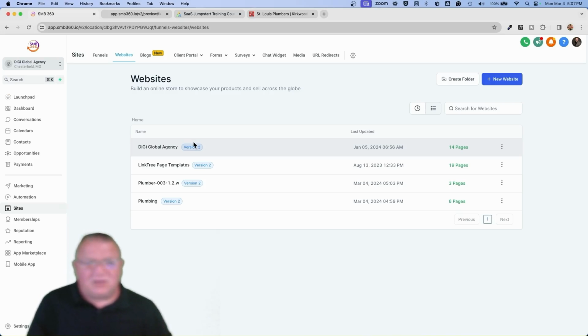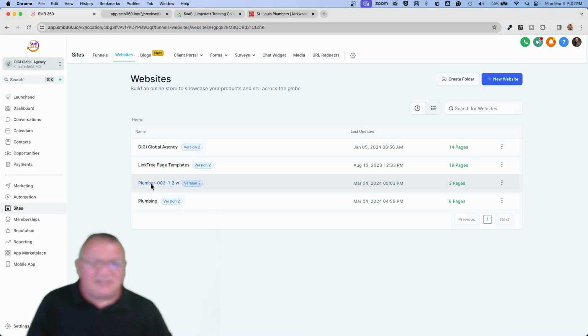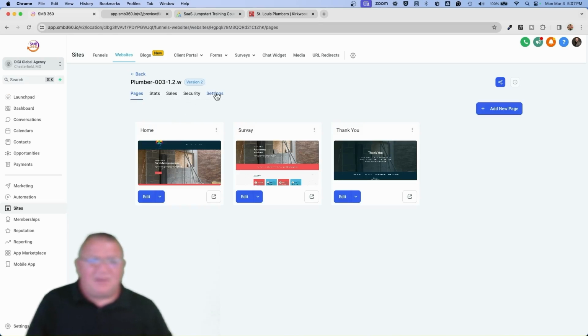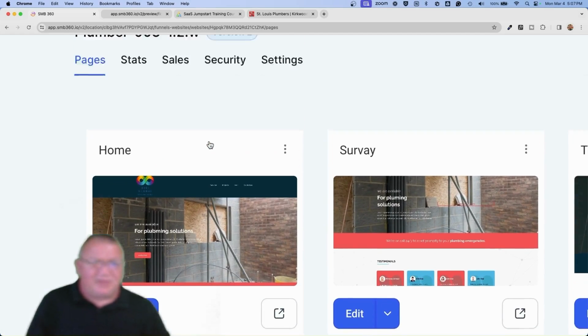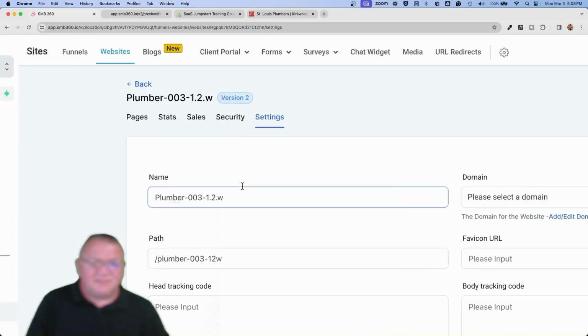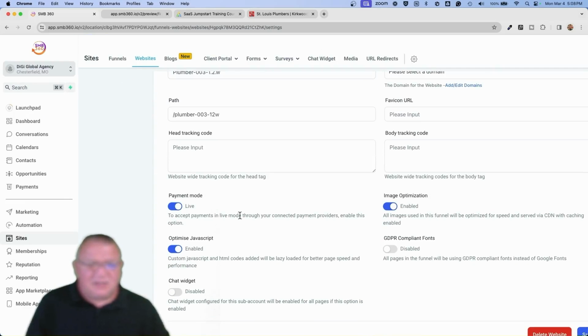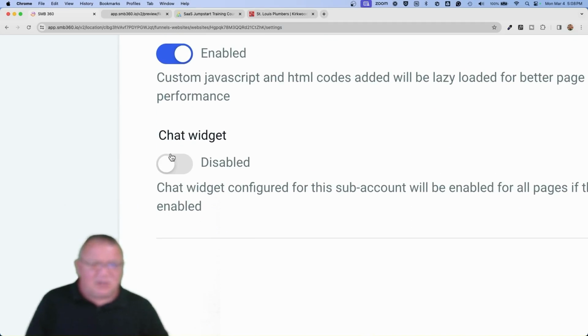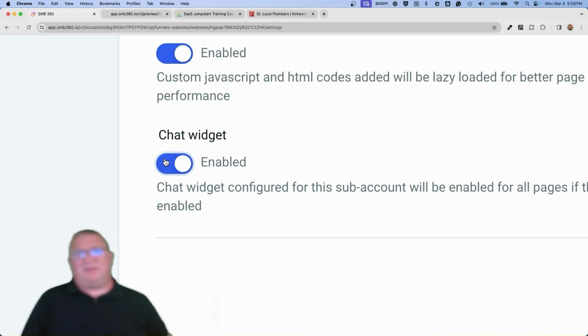So hopefully that works. And if you sit back and just take a look at some of these things here, let me show you how easy this is. If you come into this particular new model, now keep in mind, remember this little new template that we built? We're going to come over here and go to settings. And from this, you see this right here? Do you see this little button that says chat widget? That's how hard it is to give them the chat widget.